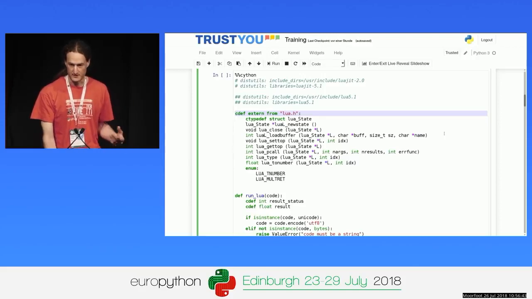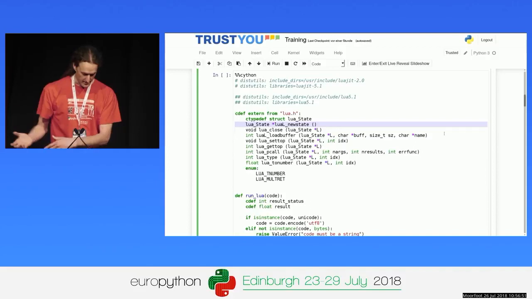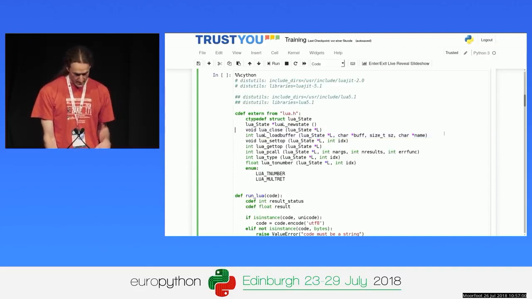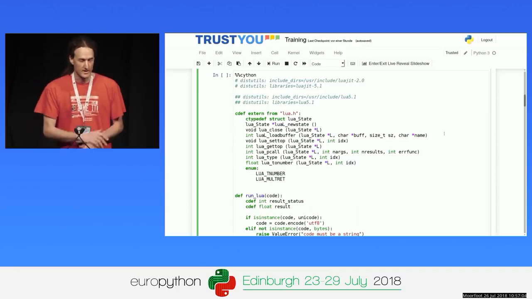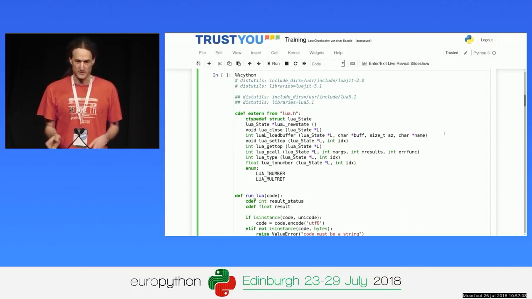So that's the header file that describes the Lua API. And it has a couple of things in there. There's a struct in there. There's a function for creating a Lua runtime, for cleaning things up, for loading code into the Lua runtime, and so on and so forth. A couple of functions. And note that I did not copy the complete vast Lua C API in there. I just copied the functions that I need, because that is all I need in my code.